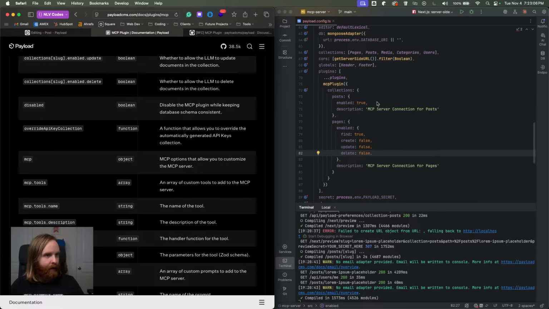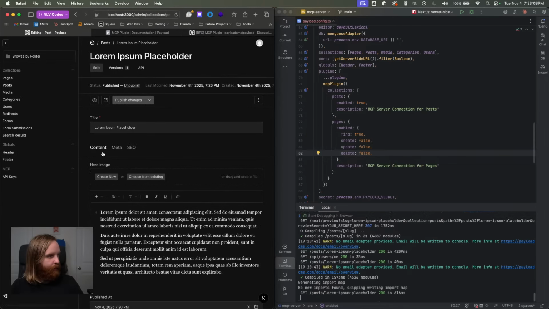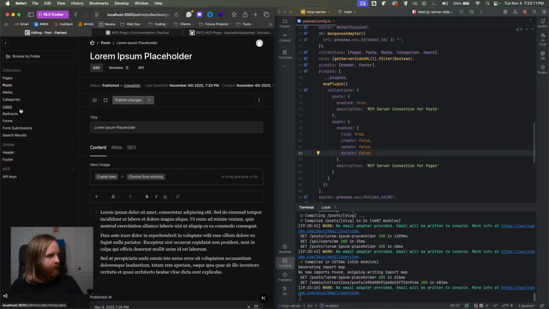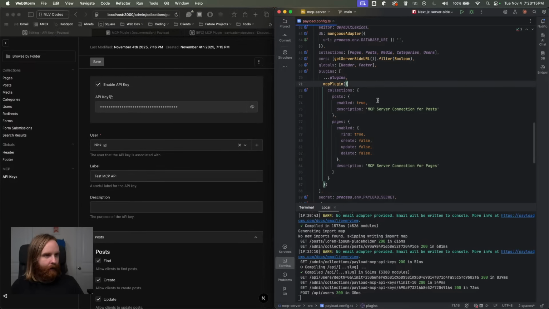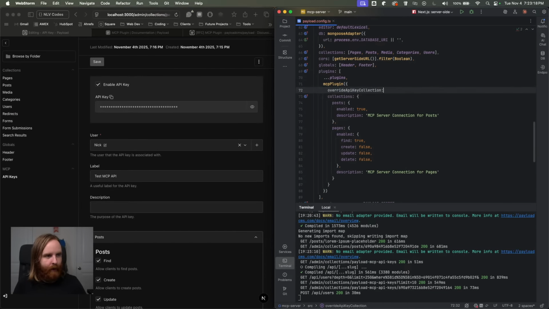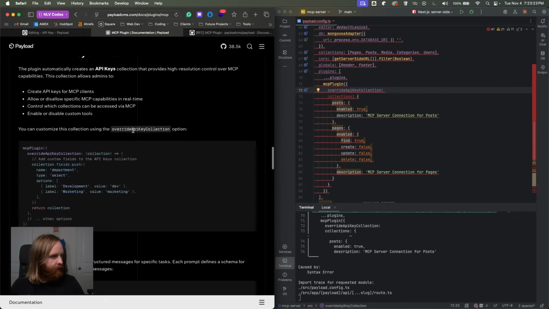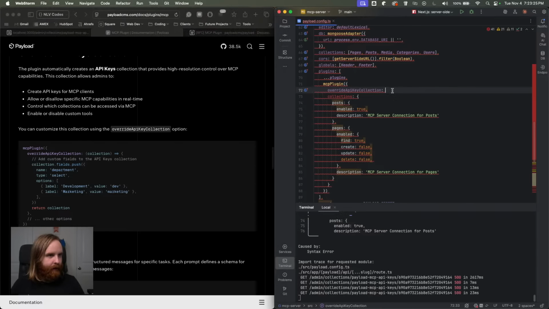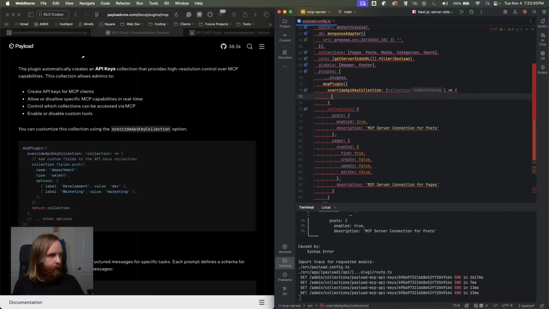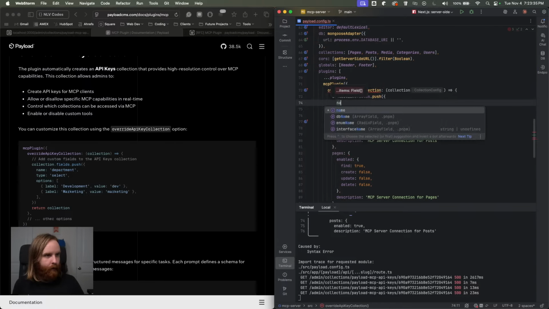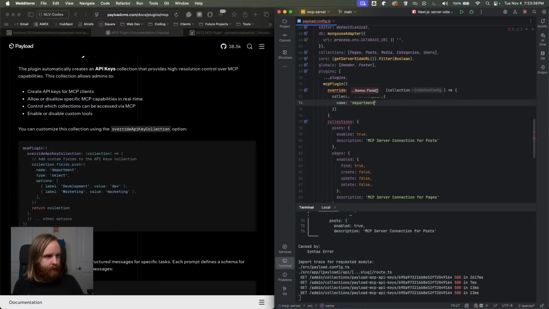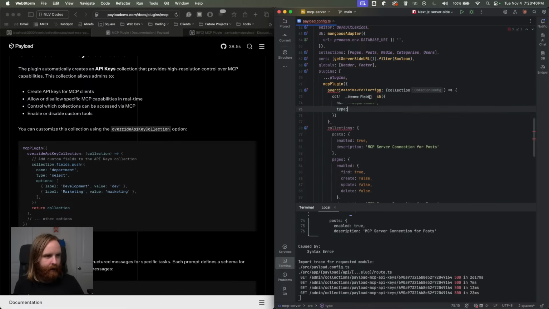You can override the API key collection, which we did try last time. And really the only field that made sense to me then was to add a new field. We'll do override API collection. And just looking at the documentation, that does have an example for us right here. We can just get the collection. And then in the collection, add fields push. And we're going to name it department, just like it has in the example, which will be a select type